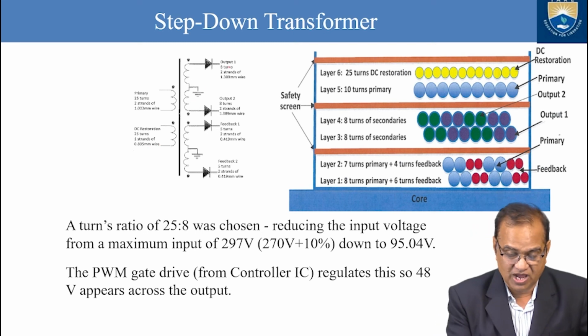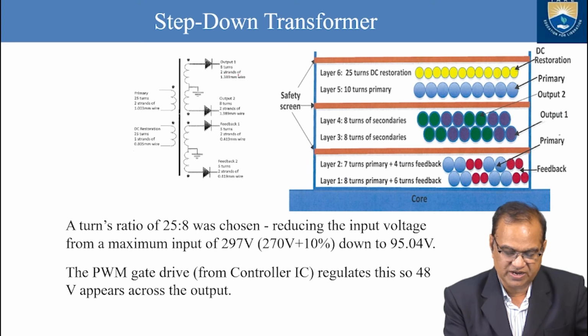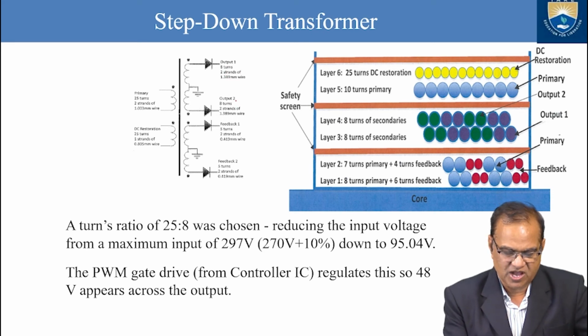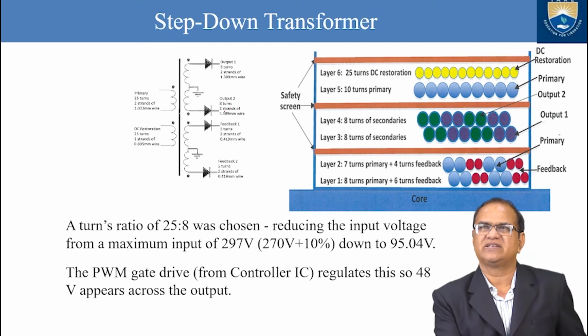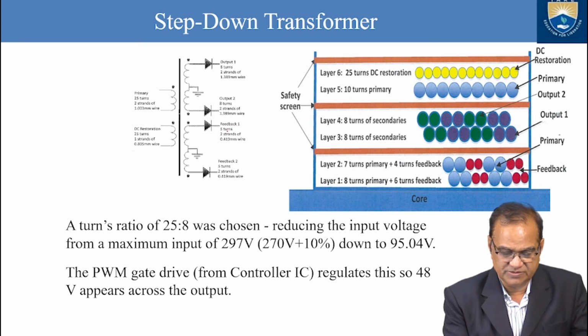So if you go here, output 1 has 8 turns, 2 strands of 1.389 millimeter wire. Output 2, 8 turns, 2 strands 1.389. And in this, if you see feedback 1, here 5 turns, 2 strands